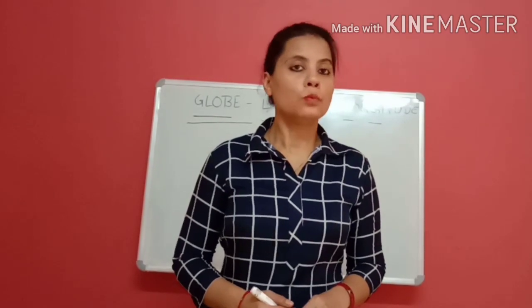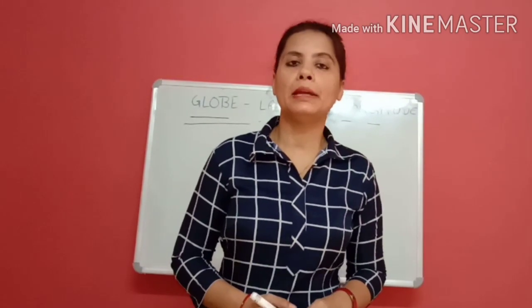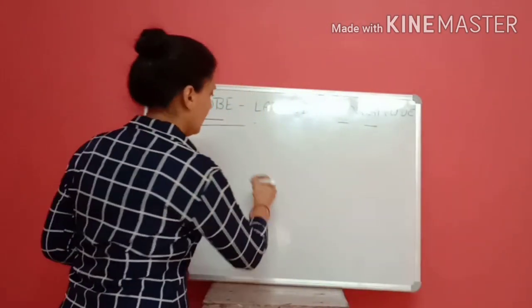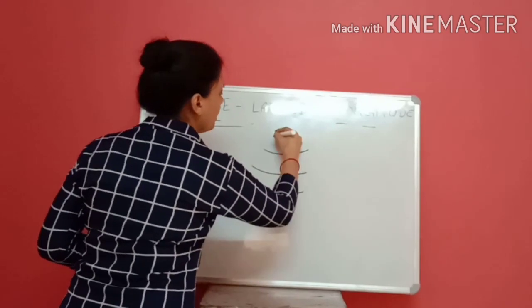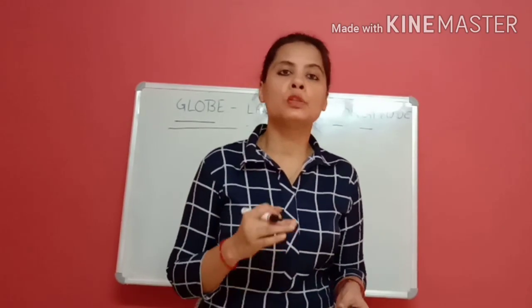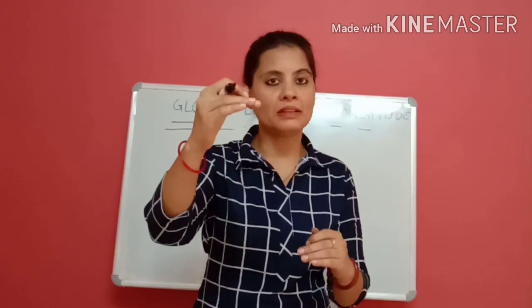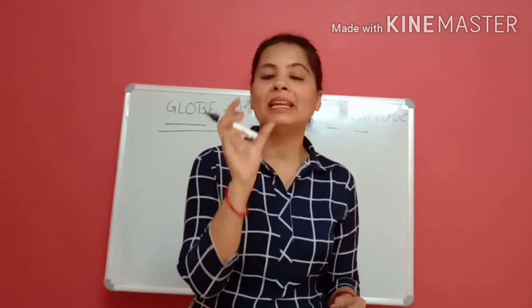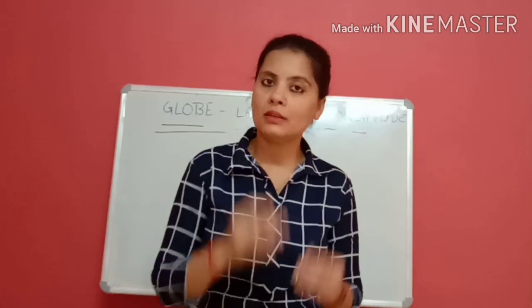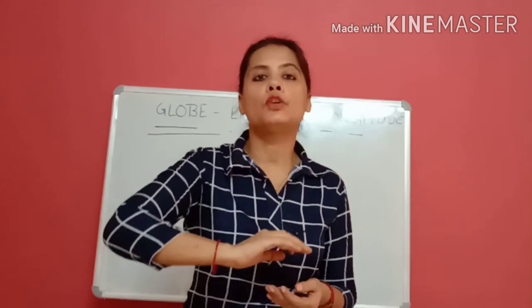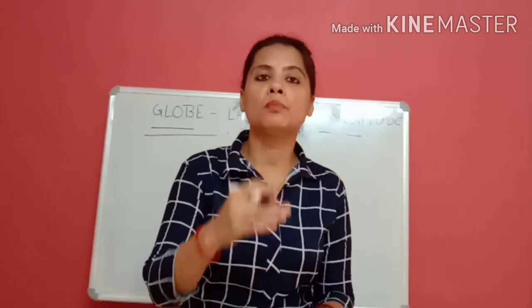Now there is a question, what is latitude? How will we define latitude? As the name suggests, latitude means leti hui line, horizontal line. This type of line drawn on the earth's surface is known as latitude. Or in other words, we can say latitude is the horizontal line which is drawn parallel to equator on either side in both the hemispheres. Latitudes are measured in degree. Degree is divided into minute, minute is divided into second. Here the minute, second and degree are not for the measurement of time. These are for the measurement of the distance on the earth's surface.